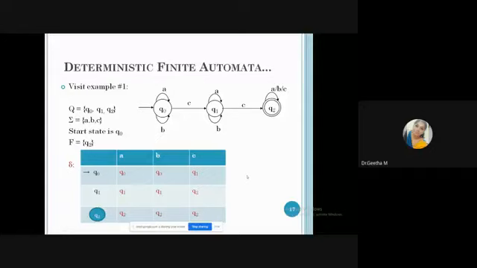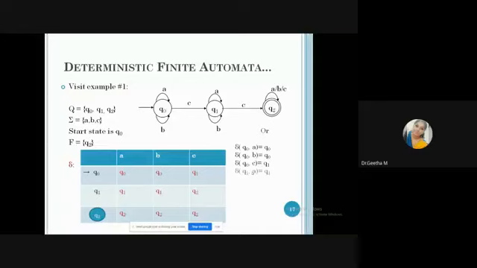Q0, comma A. What is Q0, comma A? Q0 is the current, present state. A is the current symbol. For getting A, it only maintains the same Q0. So see the entry of Q0, comma A: again Q0. Likewise, you fill up the entries of the table. Q0, comma B is again the same state. Q0, comma C is where you move on to the next state, Q1. Now we have completed Q0, so come to Q1.